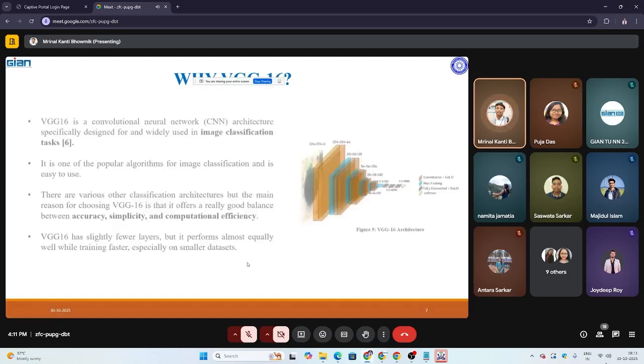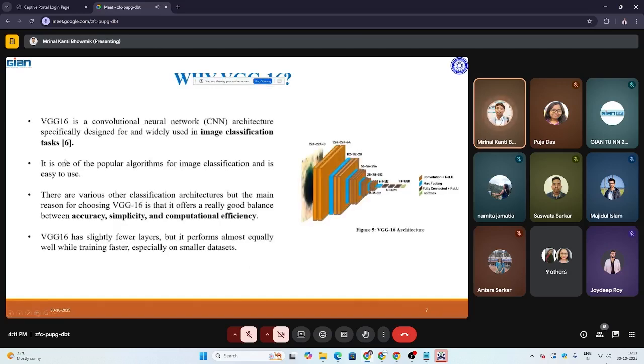So why have I taken VGG16? VGG16 is a convolutional neural network, that is, a CNN architecture, which is specifically designed for and widely used in image classification tasks. It is one of the popular algorithms for image classification and is also easy to use. There are various other classification architectures also. But the main reason why I chose VGG16 is that it offers a really good balance between accuracy, simplicity, and